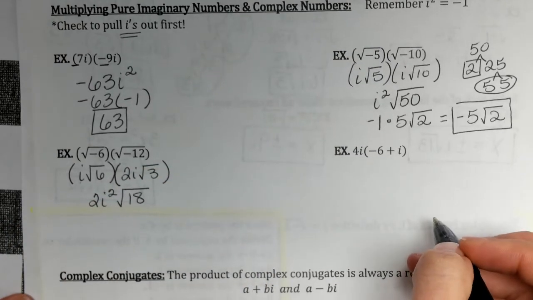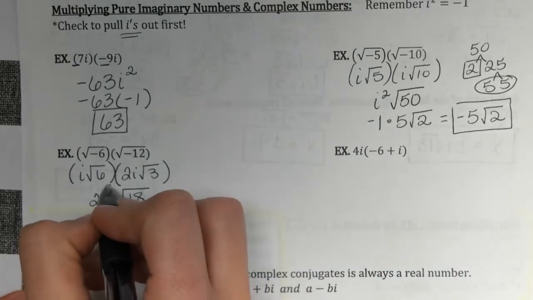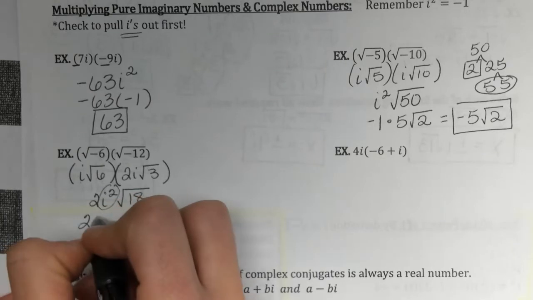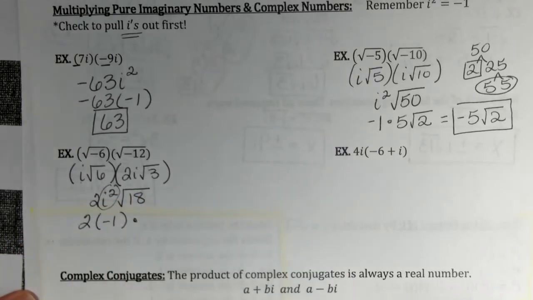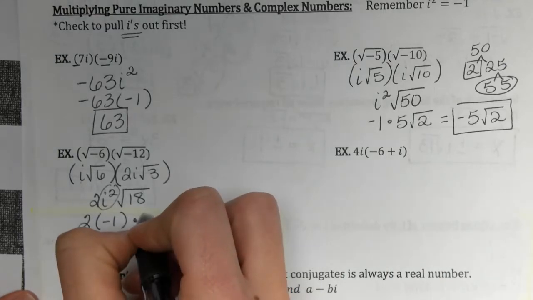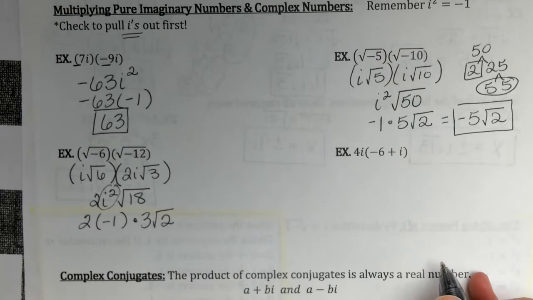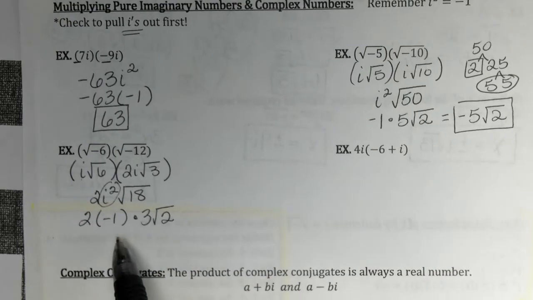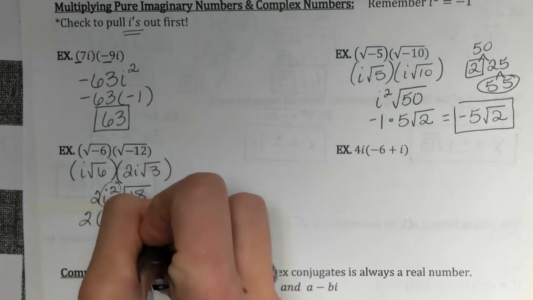Now I can't leave it like that. I'm going to have to simplify again. Okay, so i squared is a negative 1. And then square root of 18 is going to simplify to what? 3 square root of 2. Alright, so I'm going to multiply everything here. So 2 times negative 1 times 3, and that's going to give me square root of